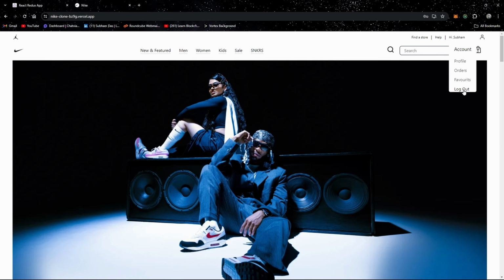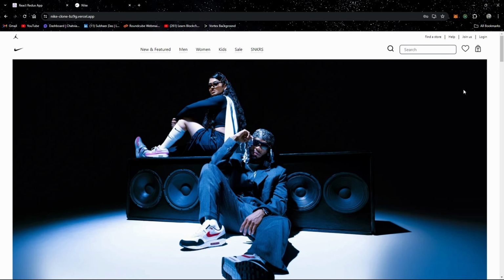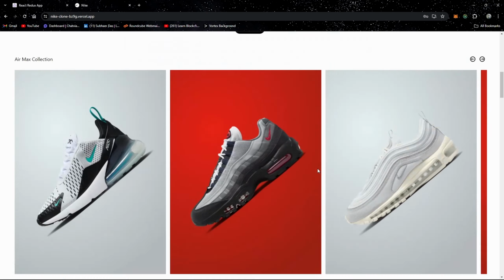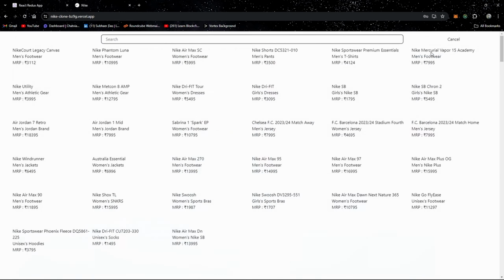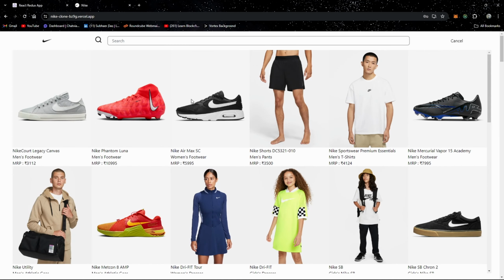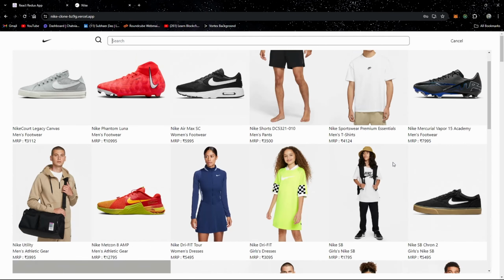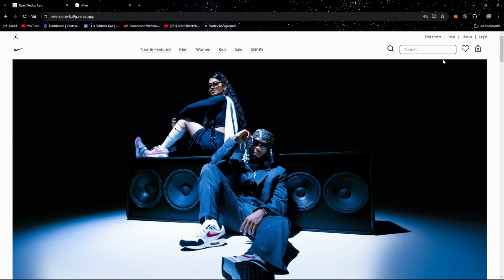When I log out, you will see that here it is showing me join us and login, and the account is not showing. So we are going to make this one, and along with that this is the search one, so we are also going to make that. But for now we are not going to insert these elements like the products out here. We are going to make it in a separate video when we will add all the products, and after that we are going to make